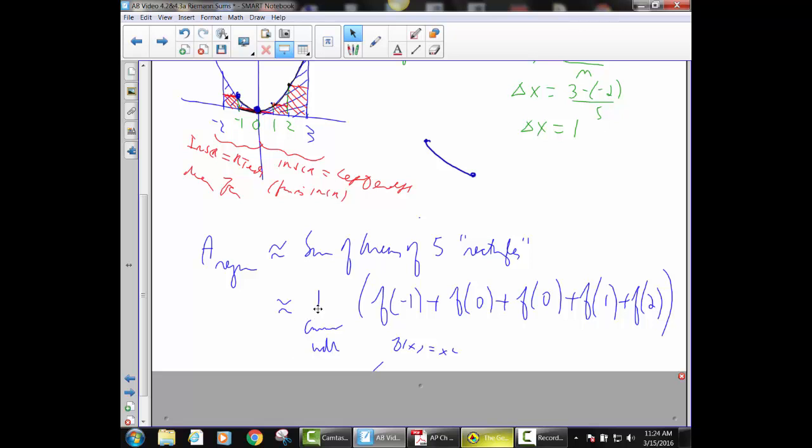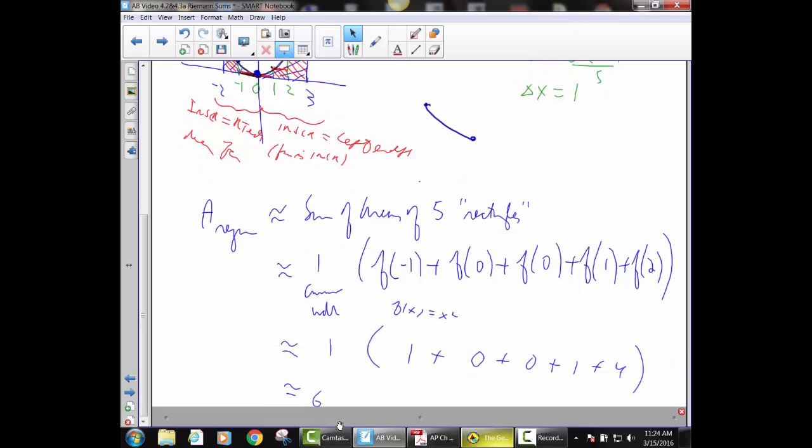I have 1, which is the common width, so I'm just pulling the width out in front since it's width times height plus width times height. And my heights are at f of -1, f of 0, f of 0, f of 1, and f of 2. I use f of 0 twice because in this interval, 0 is at the lowest height, and also in this interval. Okay, our f of x was x squared, so -1 squared, 0 squared, 0 squared, etc. And our approximate area that we get is